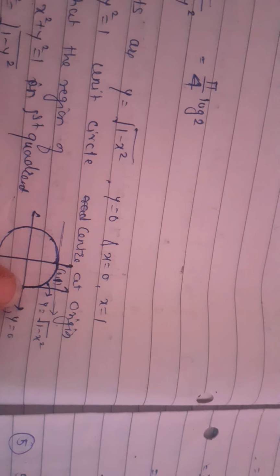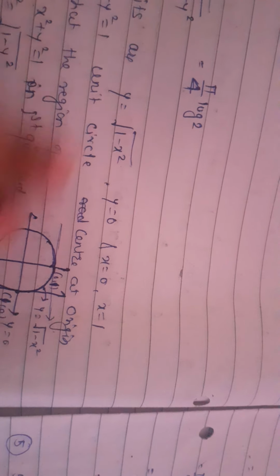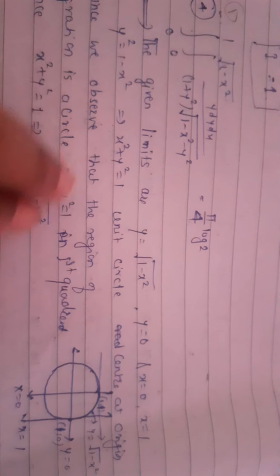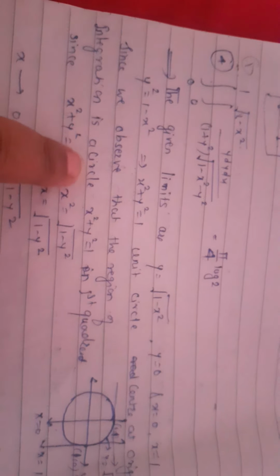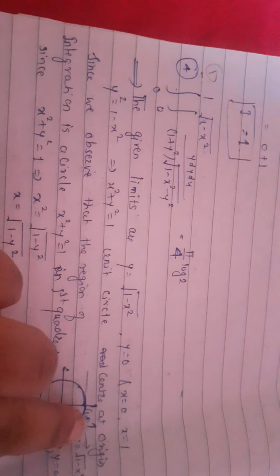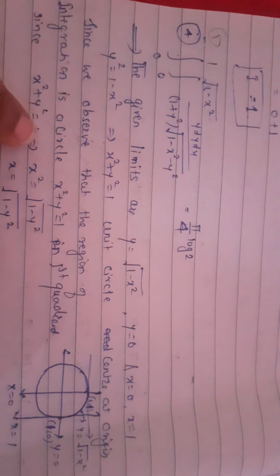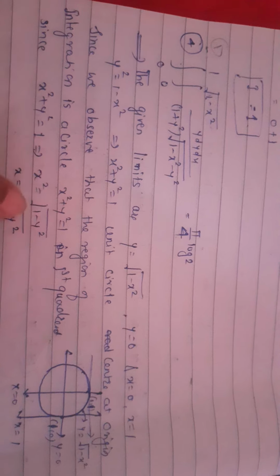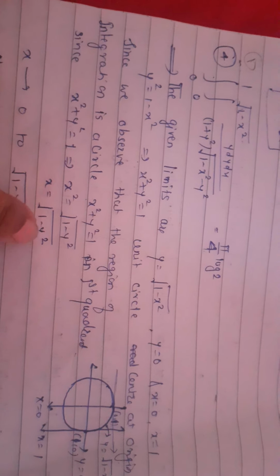If I draw this circle, here is the center at the origin, and this distance is nothing but the radius. The radius is 1 unit, so this point of intersection with the x-axis is 1, 0. Similarly with the y-axis it is 0, 1. Since the region of integration of the circle x square plus y square equals 1 is totally in the first quadrant, we consider the first quadrant. In the first quadrant all the terms are positive, so y square goes to the other side and becomes minus, so x square equals 1 minus y square. After taking the root, x equals under root of 1 minus y square.